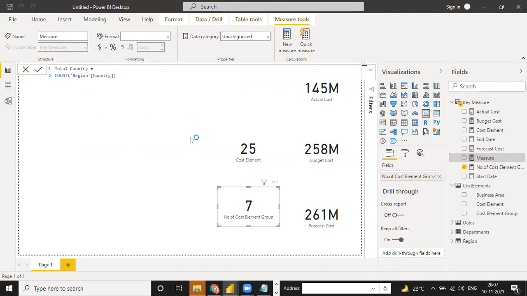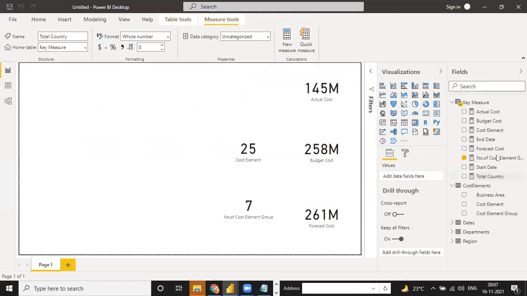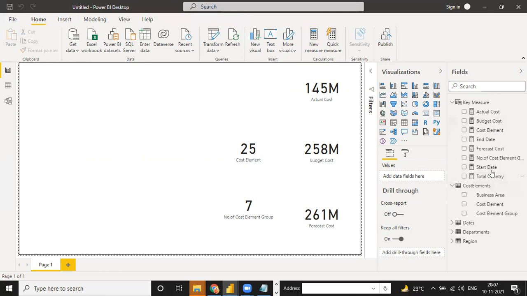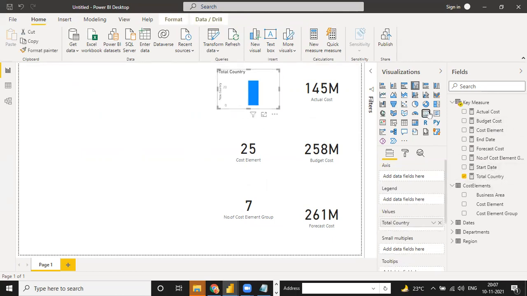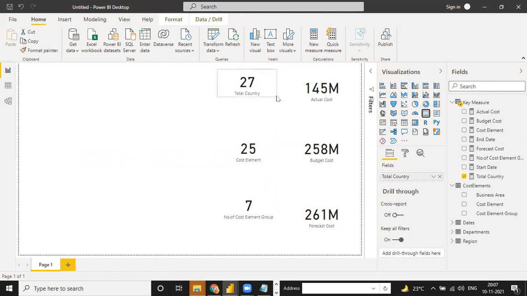Just enter, and where is total country? See, total country we have 27. So this kind of thing you can do with count and count rows, and count rows and distinct count.